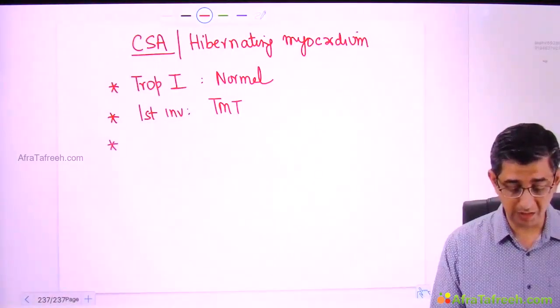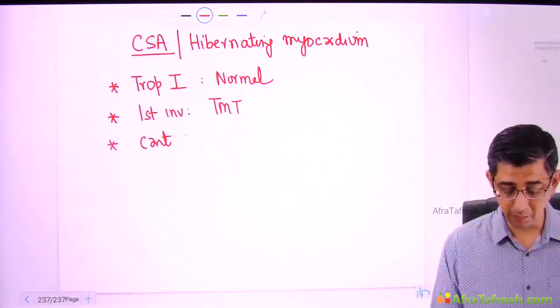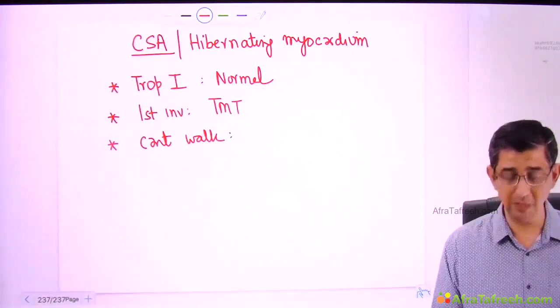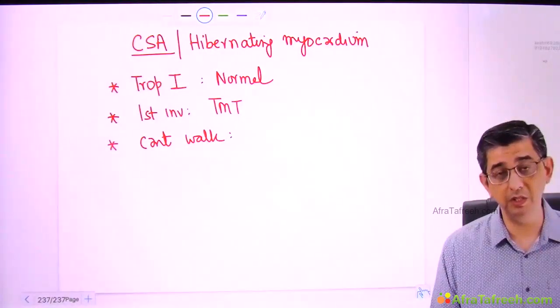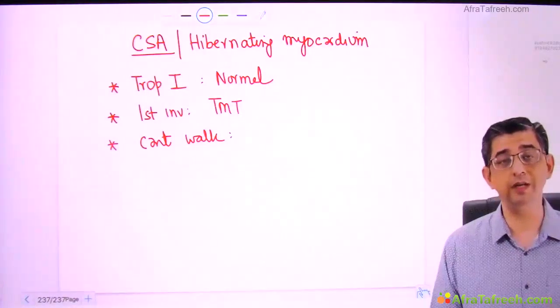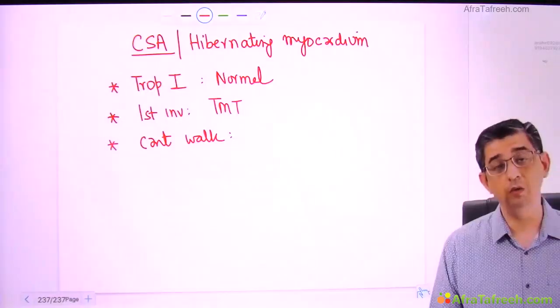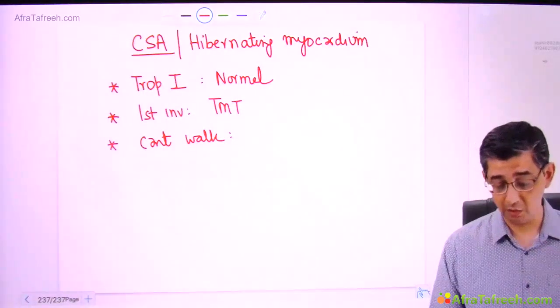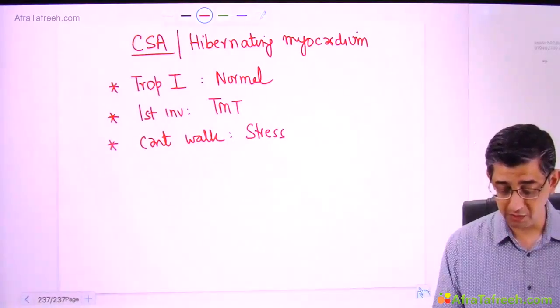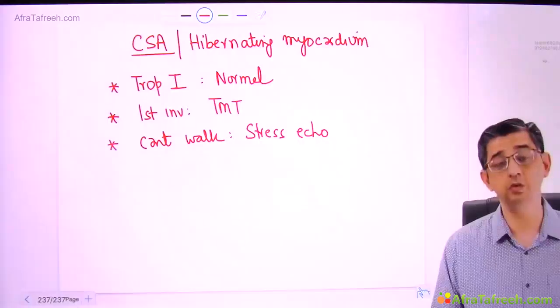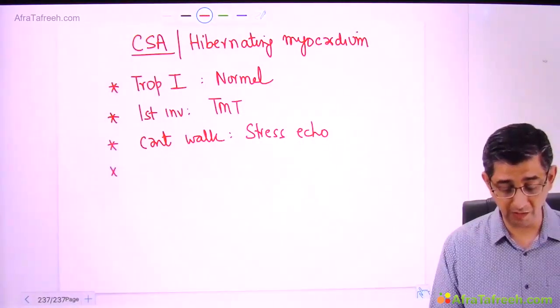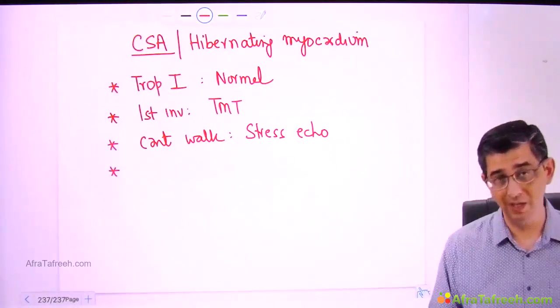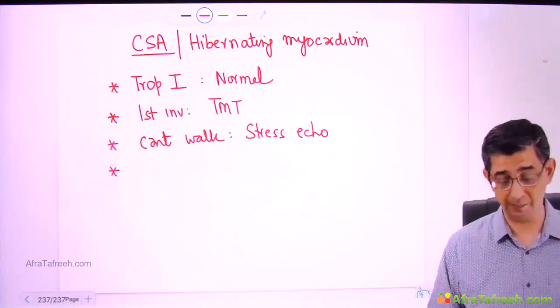But suppose in the exam he creates a scenario for you that the person is unable to walk. It could be severe bilateral osteoarthritis of the knees. It could be possibility of a non-healing ulcer in the sole of the foot. Well, what you can do in this patient is maybe give pharmacological stress. So therefore the investigation of choice will then change over to stress echocardiography. So don't be under the impression that all questions will have answers as treadmill test. That depends on the circumstances that are asked in the exam.